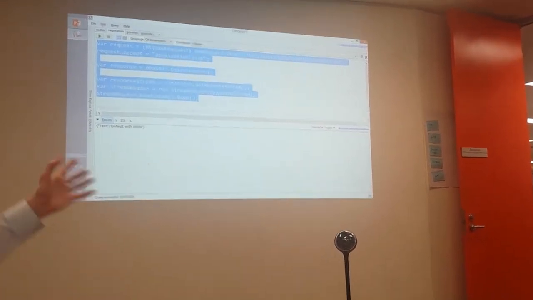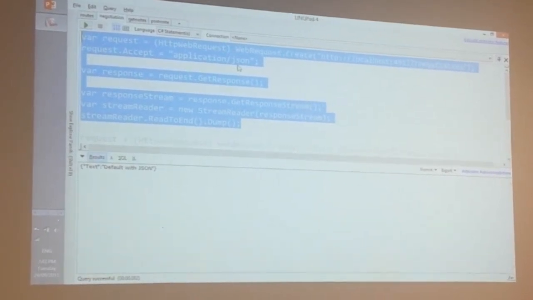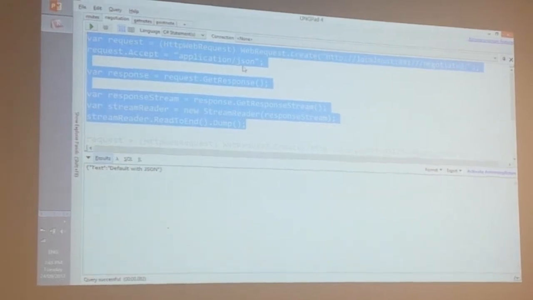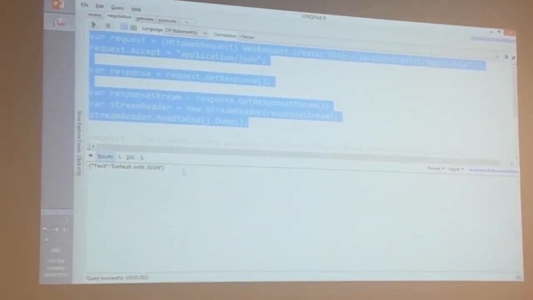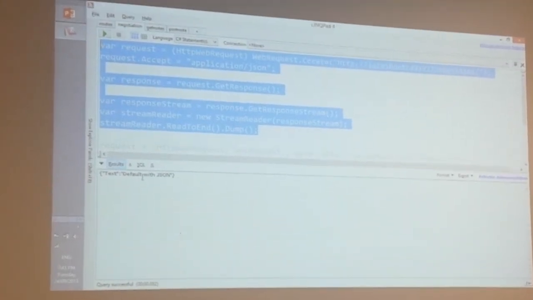Okay, so there's my request. We've sent a request saying, please send me back an object in JSON format, or JSON, that's the French version. And then there it is. So I've got down the bottom text and default with JSON.